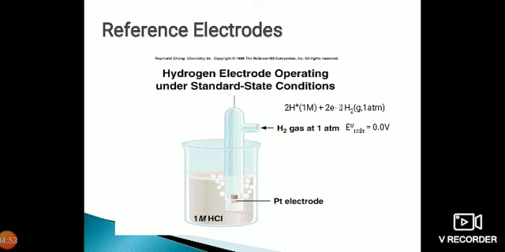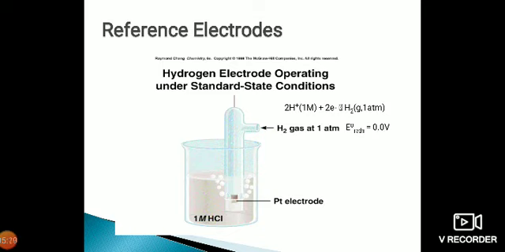The standard hydrogen electrode can be used both as an anode or a cathode when joined with another half cell. When it is joined with a zinc electrode, it works as a cathode, where the zinc electrode acts as an anode. When it is coupled with a copper electrode, the standard hydrogen electrode acts as an anode, where the copper electrode is acting as a cathode. So the combination of these two electrodes constitutes a cell.